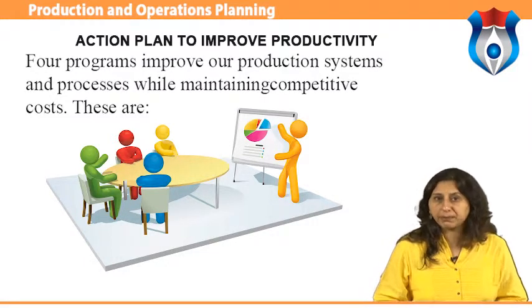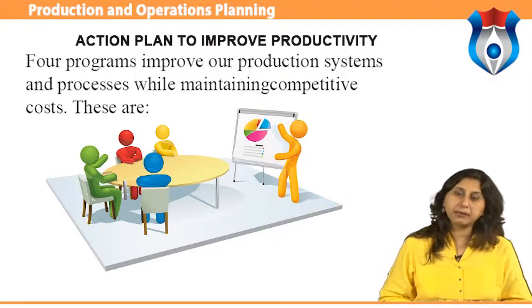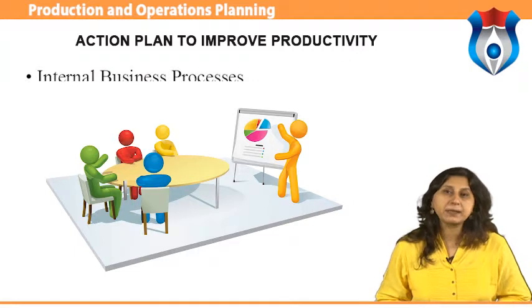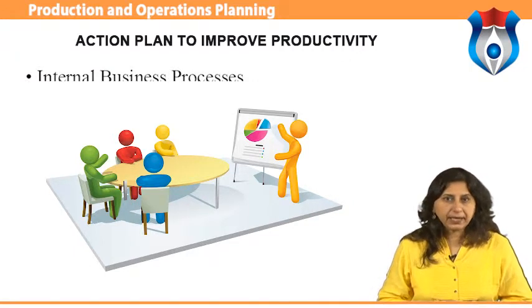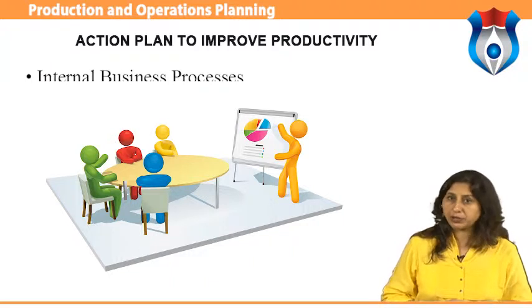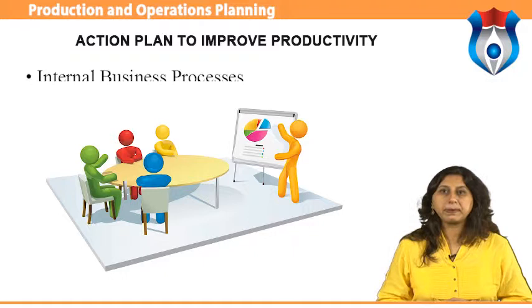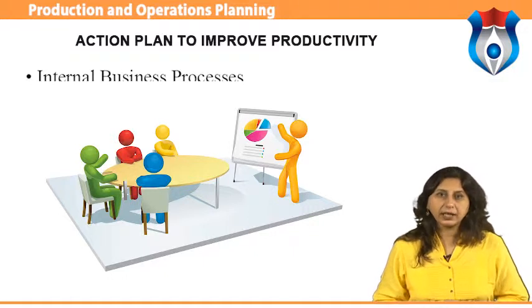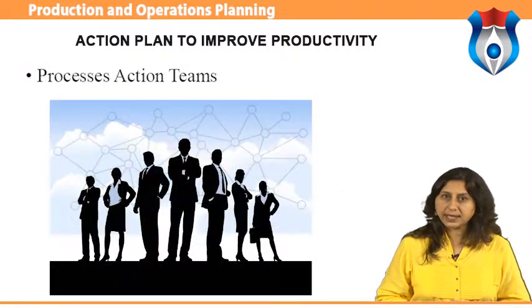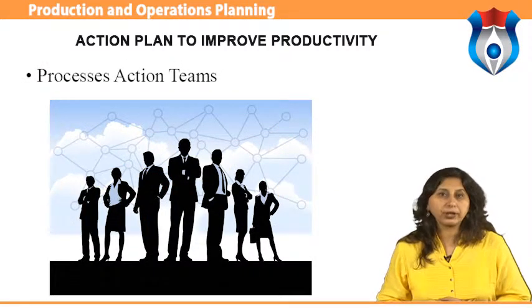4 programs improve our production systems and processes while maintaining competitive costs. These are internal business processes. Implement an annual program of reviewing business processes throughout the department. The program's objectives are Business Process Initiative, Improve Development Plan Review Process, Processes Action Teams, Promote internal cooperation and collaborative